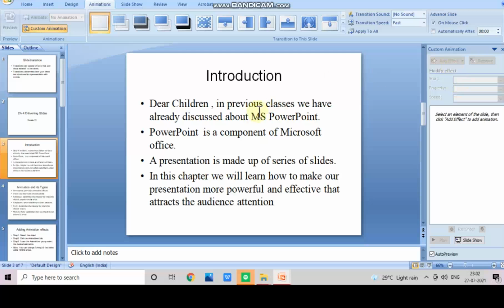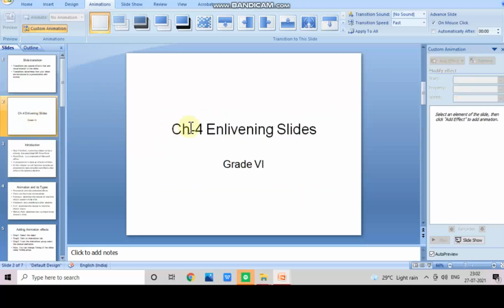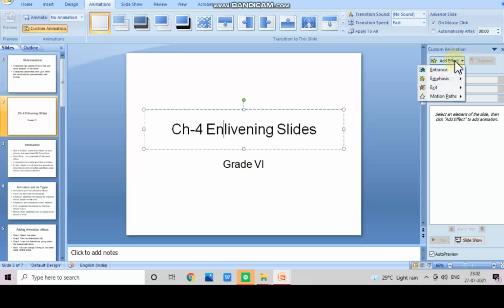In this window, you will get an option Add Effect. Once you click on Add Effect, you get the options. The option that we discussed just now. 4 types of animations, right? Entrance, emphasis, exit and motion paths.